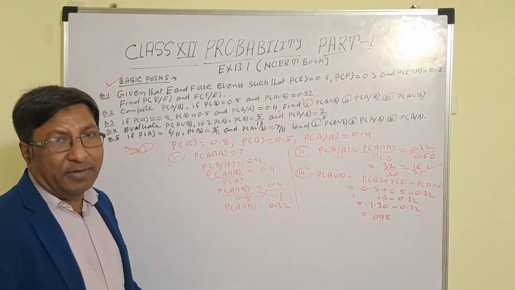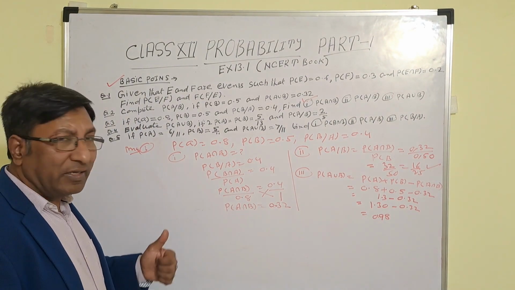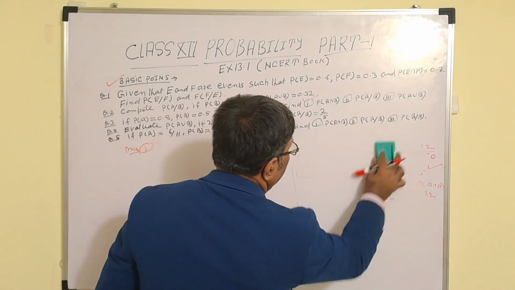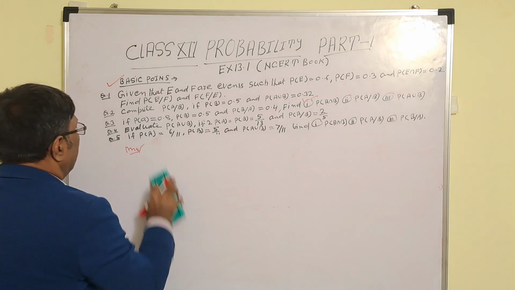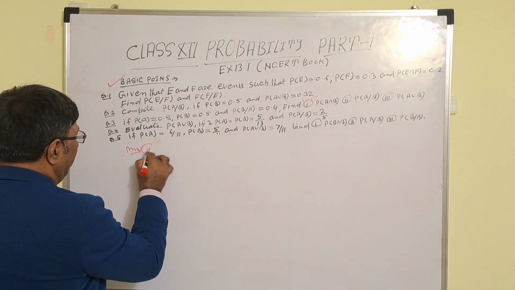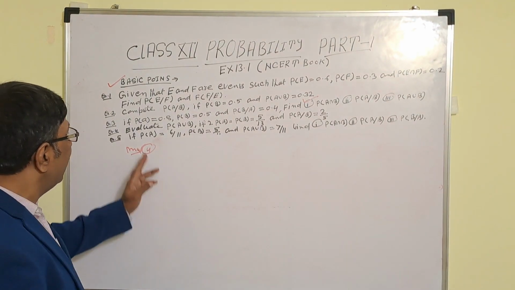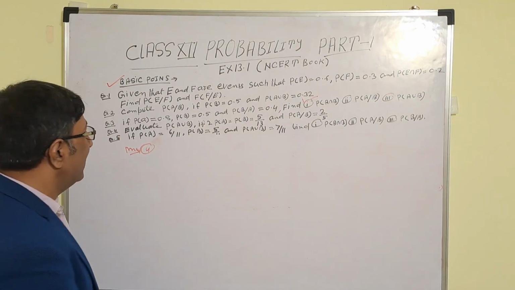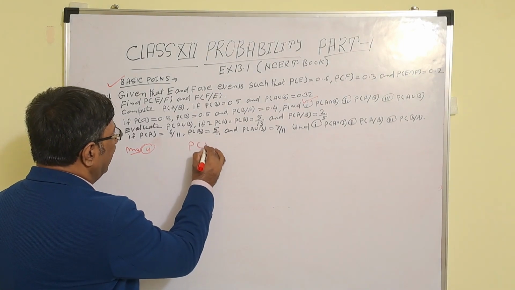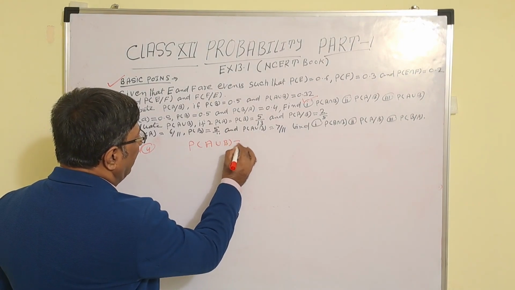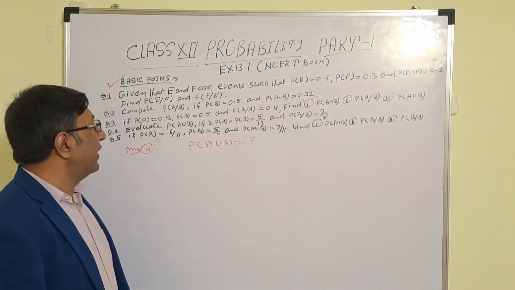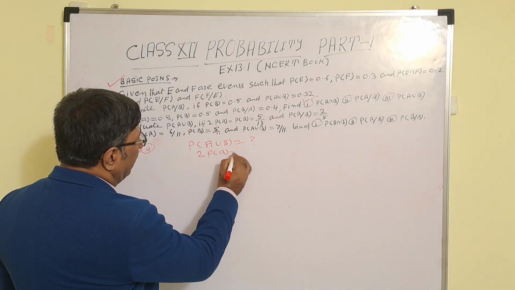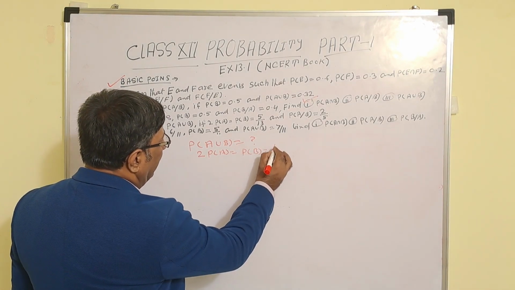This was question number 3. Now let's come to the next question, and that is question number 4. So now this is question 4. What is the question? Evaluate probability of A union B. So we have to find probability of A union B; that is the question mark. And what is given? Twice probability of A equals probability of B equals